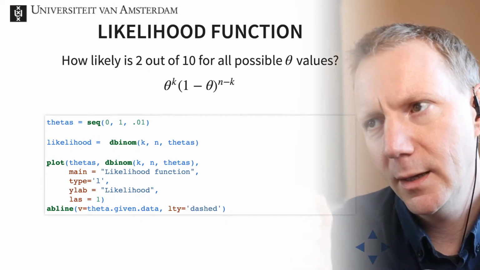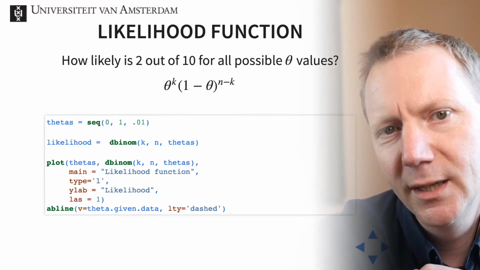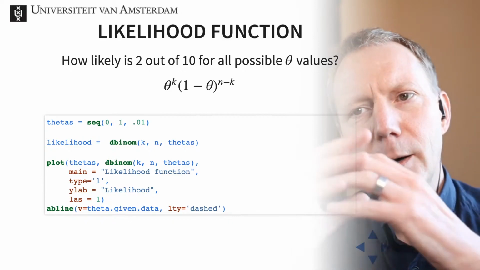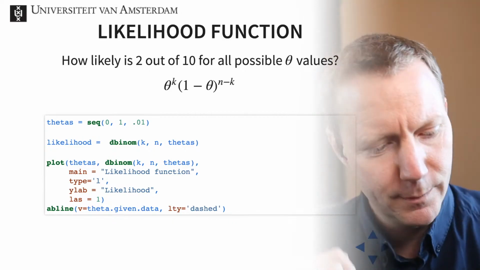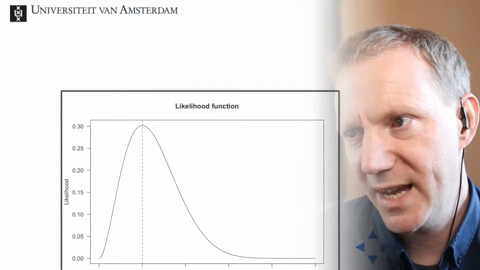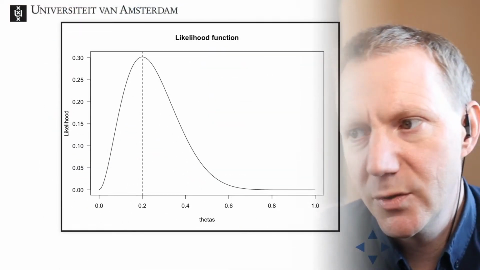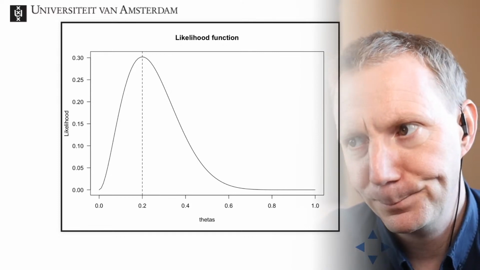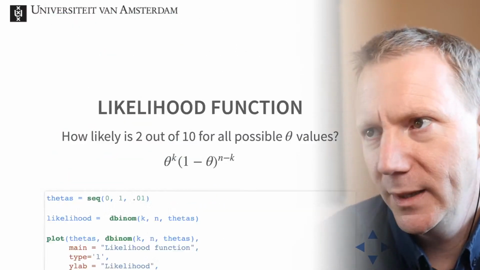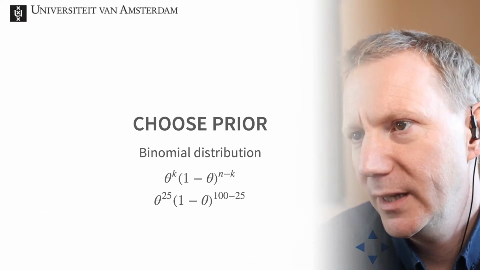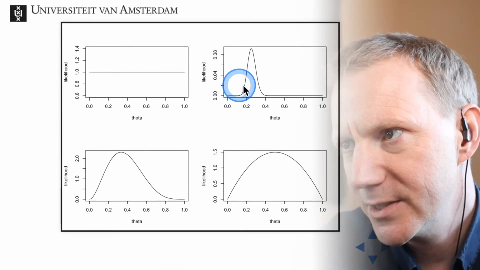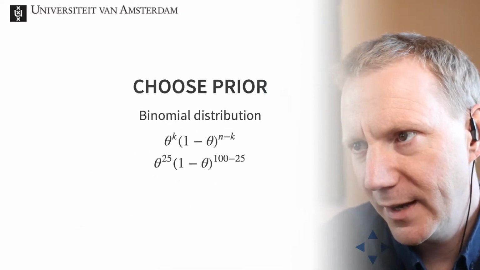So what we want to do now is essentially make a likelihood function of all the possible thetas that you could have, assuming 2 over 10 to be the state of the world, to be true. So we're going to look at this, and this is the distribution that we find under there. So my initial belief, my stubborn belief, is this one, top right. And when I look at the data,